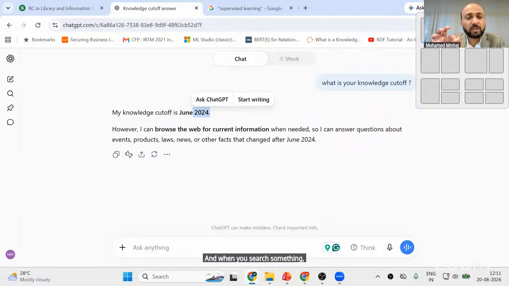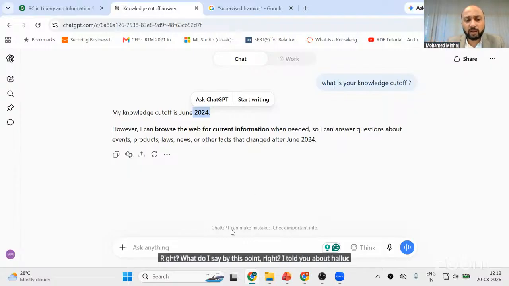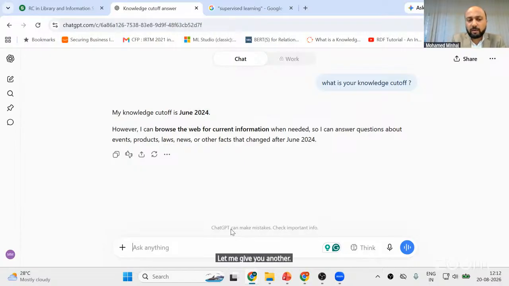So when it does not have information directly, had it been a search engine, and when you search something, if it is not available, what is it designed to do? It will simply return an error or simply give you information that it does not have the results. But ChatGPT and other tools have been designed not to say no when they do not have any answers. And what do I mean by this? I told you about hallucination. Let me give you another example here. I will just ask ChatGPT again, what is your,